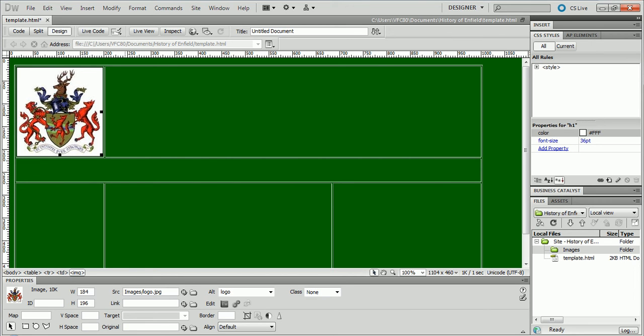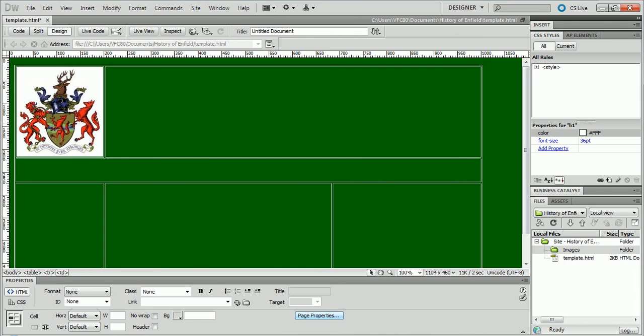I'm going to add a title now next to the logo, and I want to use a large font. So if I have a look at my styles on the right hand side of the screen under CSS styles, if I go to heading 1 was 36 and heading 2 was 16 points. So heading 1 is the larger font size. So if I click in this cell where I want the text to go,